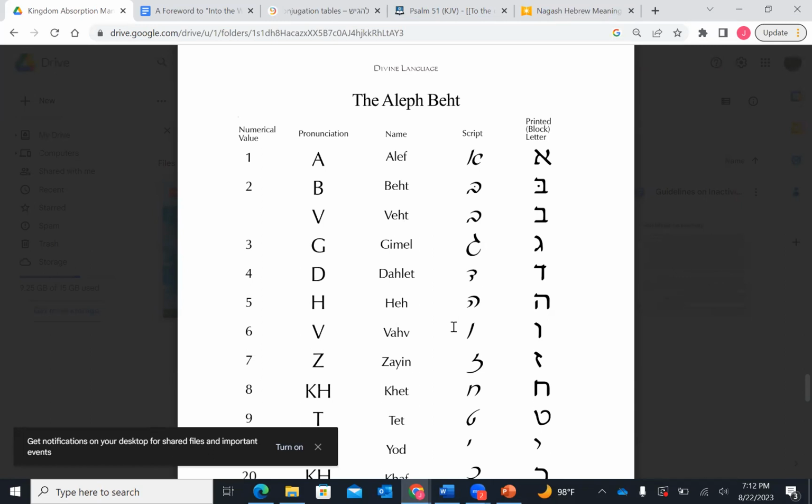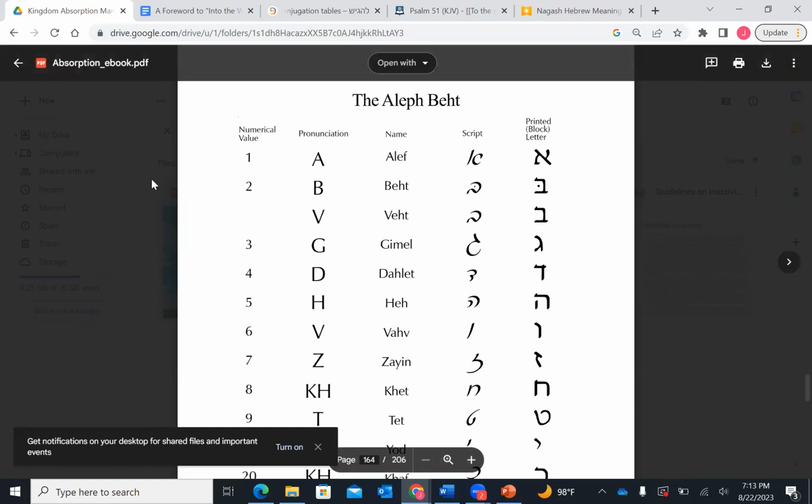And so when they were taking in new members, you know how you evangelize people. Some of the people you evangelize might have come out of Christianity or might not have had any religion at all. So before they release you to your own devices in their community, they want you to go through a little education so you know how to conduct yourself within their community. That's why they created this absorption manual.